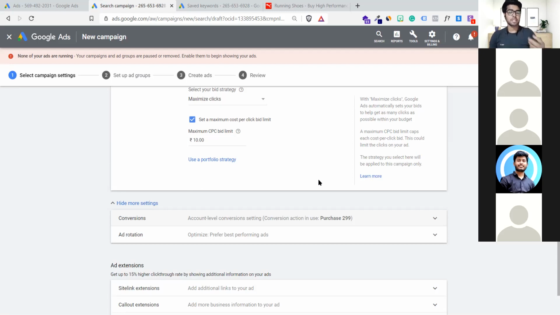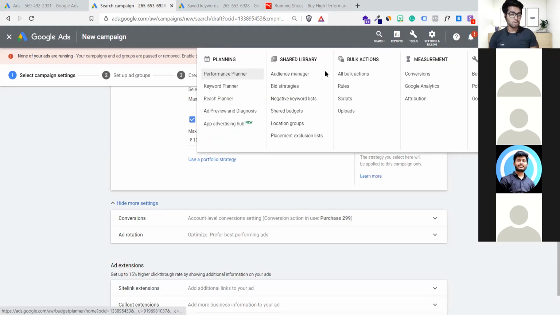After paying, you must get a confirmation that, okay, now the transaction is done. In order to do that, you have to set up a transaction. You have to click on tools and go here in conversion, set it up. But setting up conversions is really a task. Okay, I'm not going to show you right now how to set up conversion.